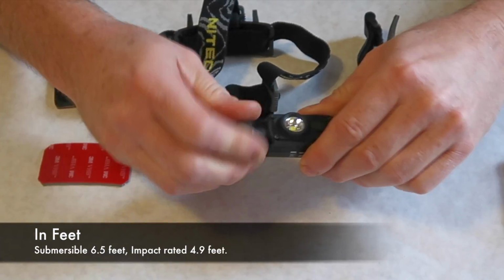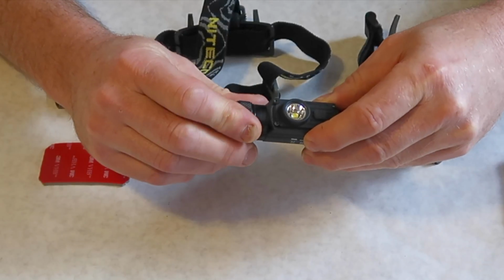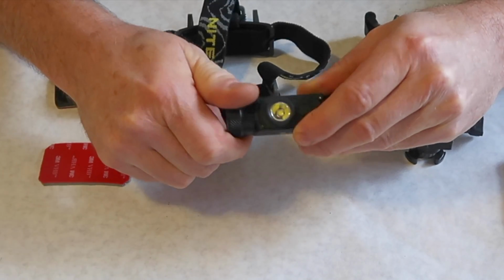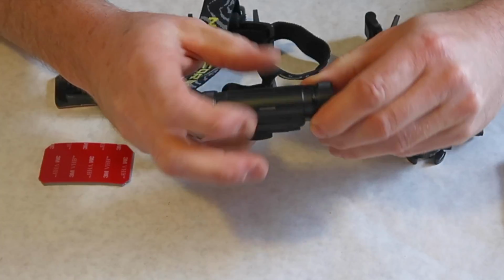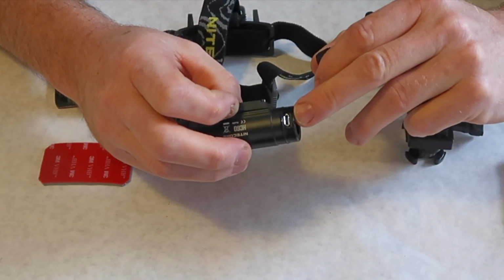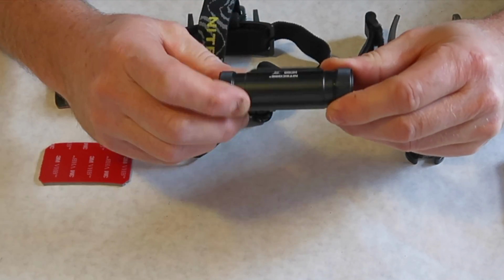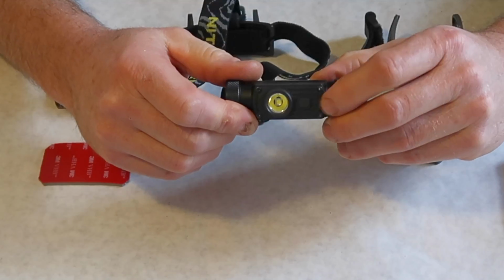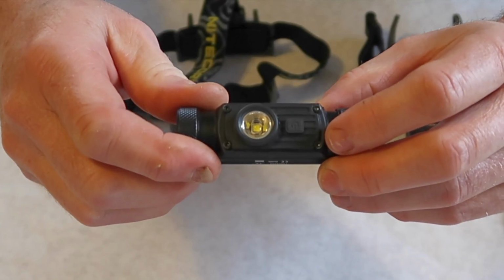So on one end is the battery cover. You just unscrew that cap and insert the battery. On the other end is the micro USB cover. So unscrew that end and it will reveal the micro USB port. And of course, waterproof seals on both ends. Right here in the front middle, pull it up a little bit, you'll see the mode button,